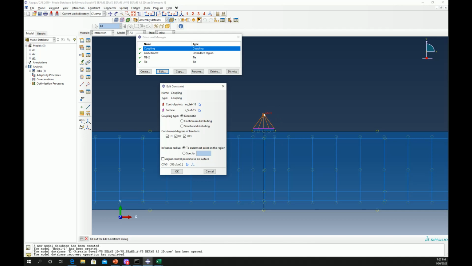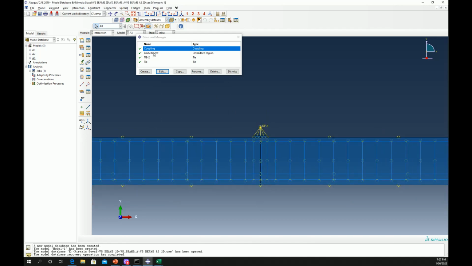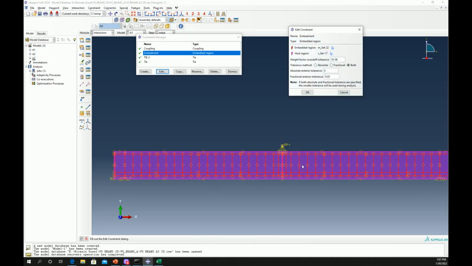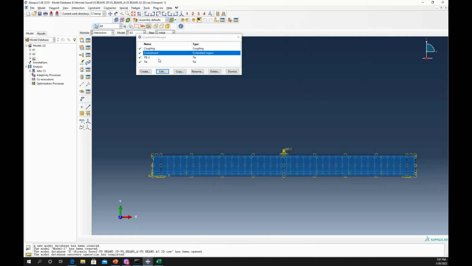So when we apply the load at this point RP1, it will be transferred to the load plate because of this constraint type. Similarly, we have defined embedment for the bonding of reinforcement and concrete. So the embedded region is reinforced concrete, which is red, and host region is concrete, which is pink color or magenta. The tie type is